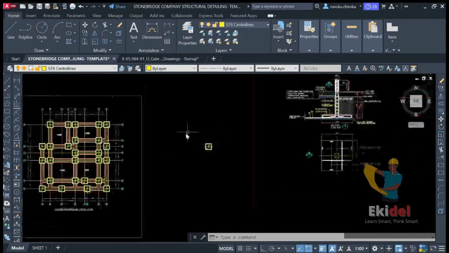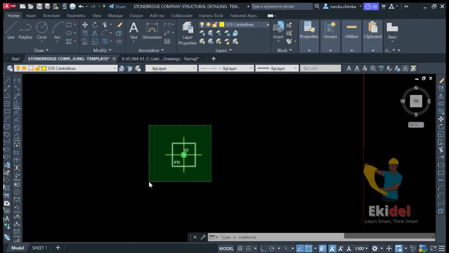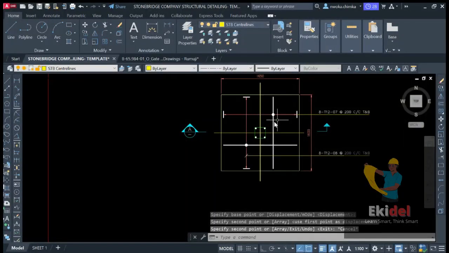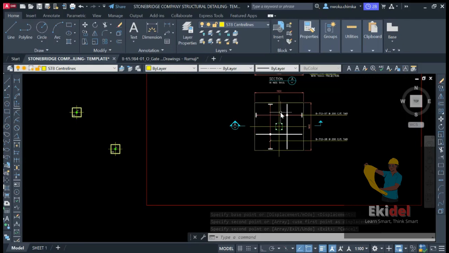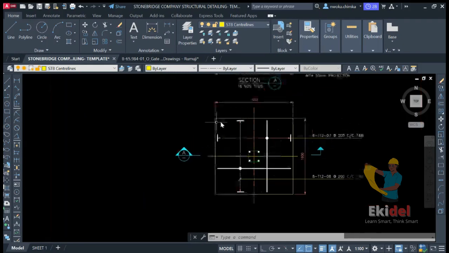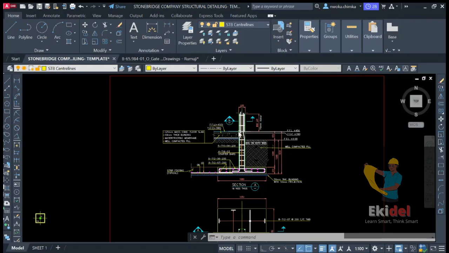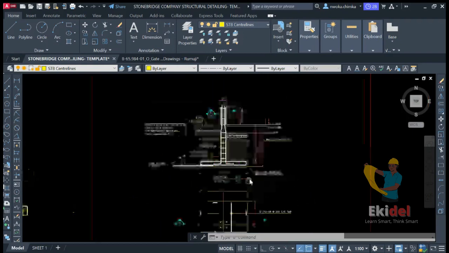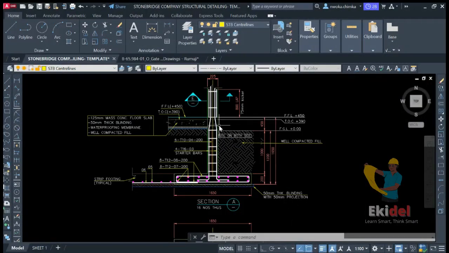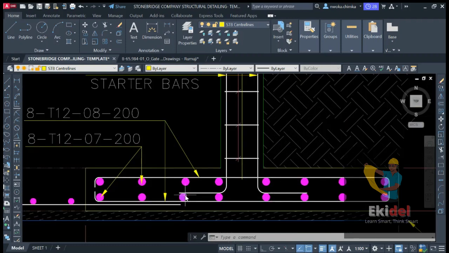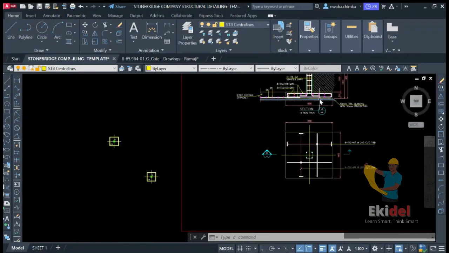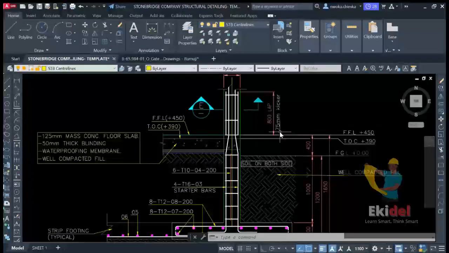Okay, so right now, once you paste this here, let me copy it again, closer to this place. The first thing to do right now is to show your reinforcement on the plan view. This is the plan of this footing, and this is the section elevation. If you cut this section right now, this is section AA. If you cut this and view it, this is what you'll be seeing, showing the column reinforcement, and also showing how the column reinforcement is being connected with the foundation, as you can see here. So right now, I'll show you how to produce this perfectly in AutoCAD